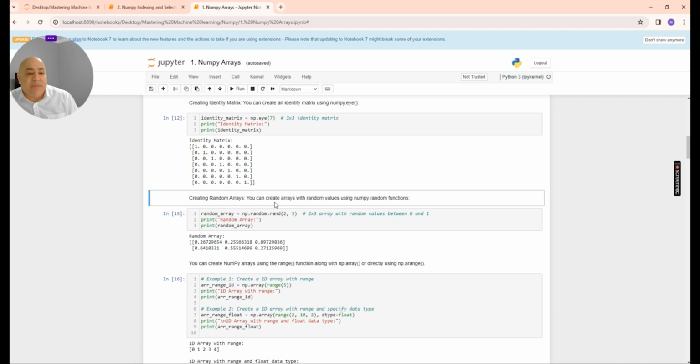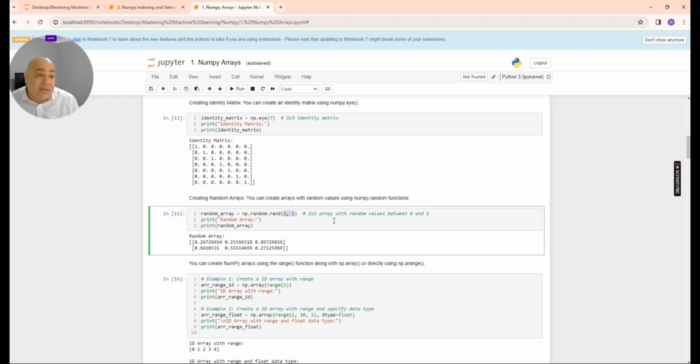So how do we create a random array? It's very easy. There is a function called random, which is within NumPy. I will call that, and then I will call rand, which is a method for creating arrays of random numbers between the range that you specify. And I pass in here the dimension of the array, which is 2 by 3, because I want to create a 2 by 3 array, and it will be between the range, this rand of 0 and 1. So it will give me a new array where the cells within the array are between 0 and 1,